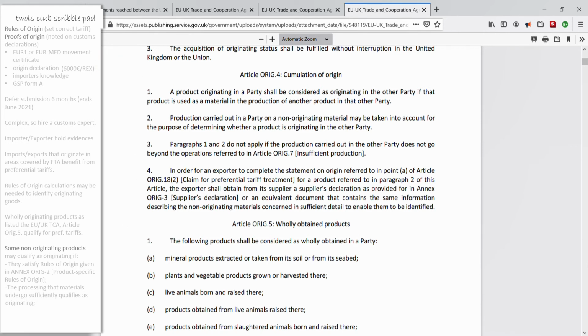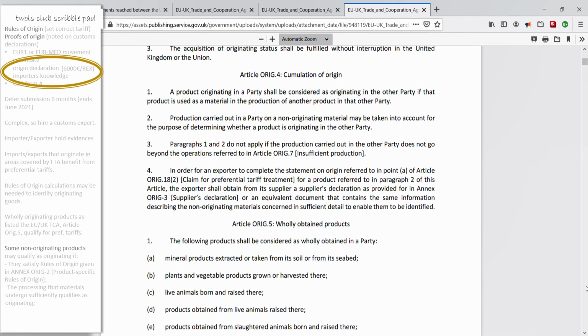Don't forget. Check which type of certificate or proof of origin you will need for your goods movement if you want to claim preferential tariffs and duties at the customs border. Make sure you are using the correct type of certificates and proofs of origin for your situation. And I'll show some sources of help at the end, should you need to find out more about rules of origin and proofs of origin.